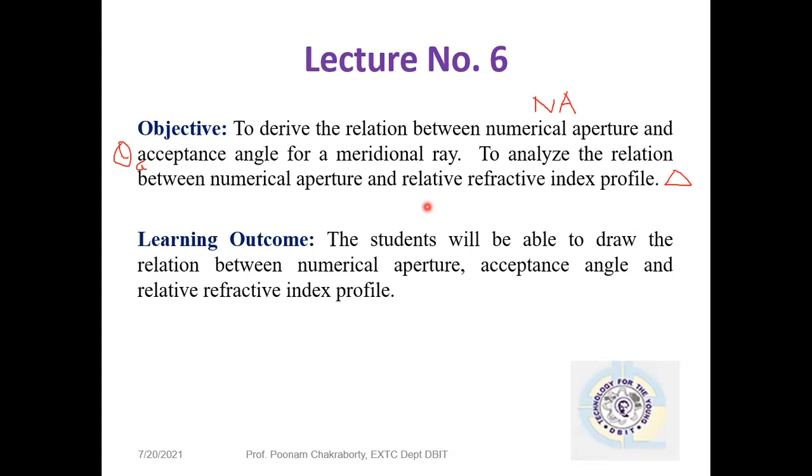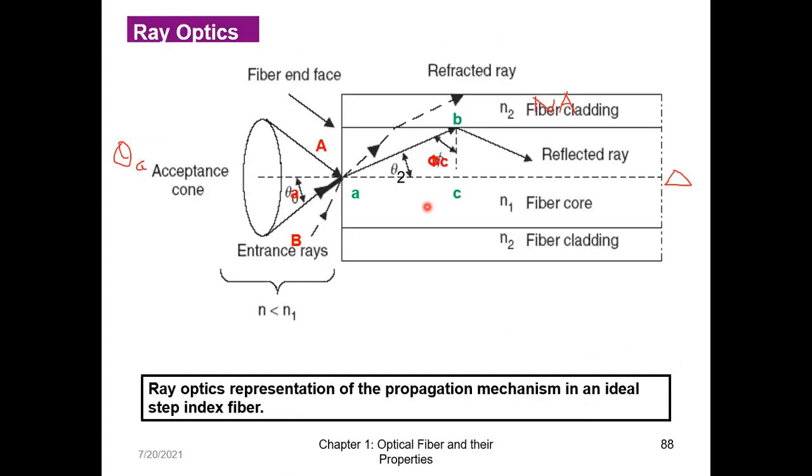Okay, so the diagram I had given you in the last lecture remains the same. This is the first diagram. The question will be asked for 5 marks if only one relation is there. If two relations are asked, then the question weightage will be 10 marks. So this diagram remains the same.